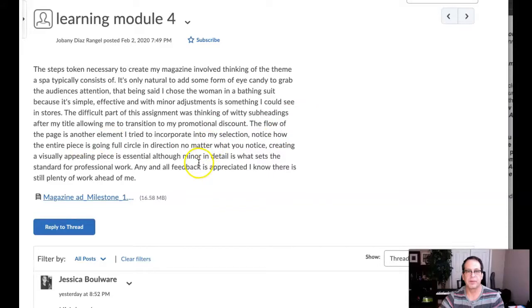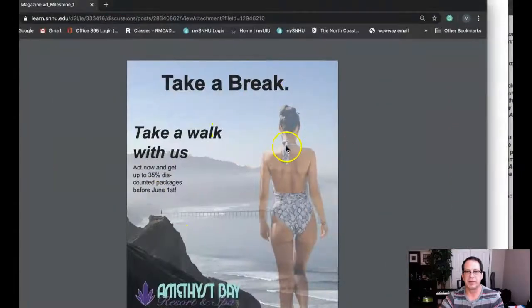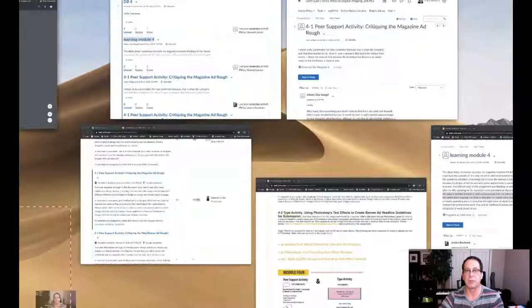Notice how the entire piece is going full circle in direction no matter what. The flow of the page is another element I tried to incorporate into my selection. Creating a visually appealing piece is essential. I'm not real sure I follow that. I'm not real sure if I understand what you're saying about the visual flow, but I will say it's excellent